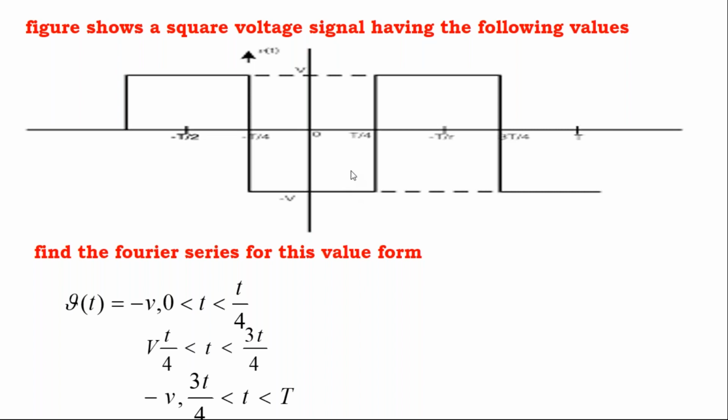Once you write this mathematical equation carefully, 50% of your problem is over. The moment when you write plus instead of minus V, or minus V instead of plus V, the entire problem goes wrong. Please try to understand. You need to practice more problems like this. In your examination also, they are going to give problems like this only. They will not give this mathematical equation. They will give this waveform and they will ask you to find the Fourier series or Fourier transform for this waveform. The moment when you observe this, you should be in a position to write the mathematical equation for that. That's the reason I ask you to practice more waveforms in the first unit itself.